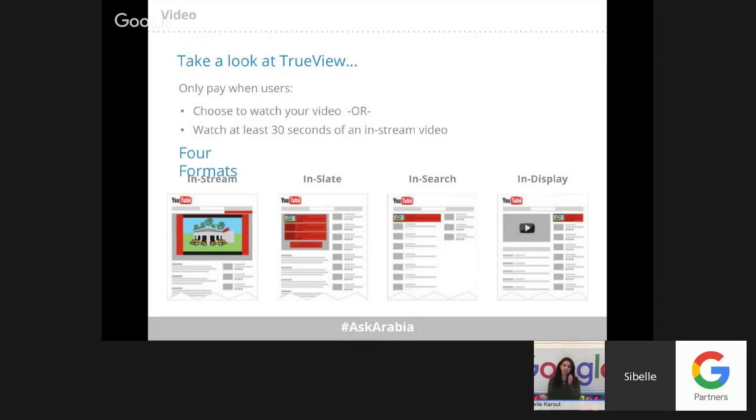However, in the TrueView display ad, so when you create a video campaign and you select display, your video ad is appearing on YouTube, but not within the video, so it's not streaming, it's just appearing as a banner, and if the user is interested, they just click on that banner and they watch the video. So that's the main difference between display campaign videos and TrueView display videos.